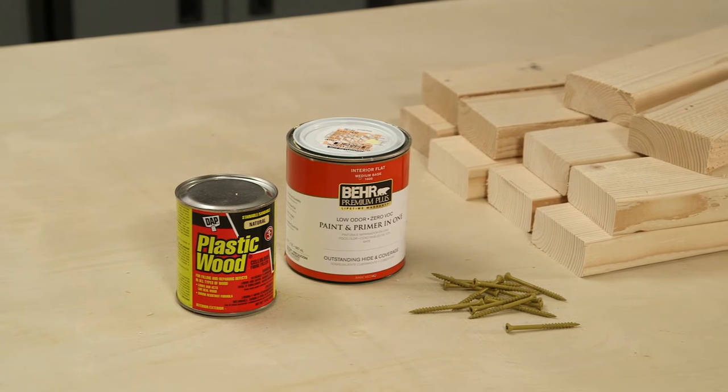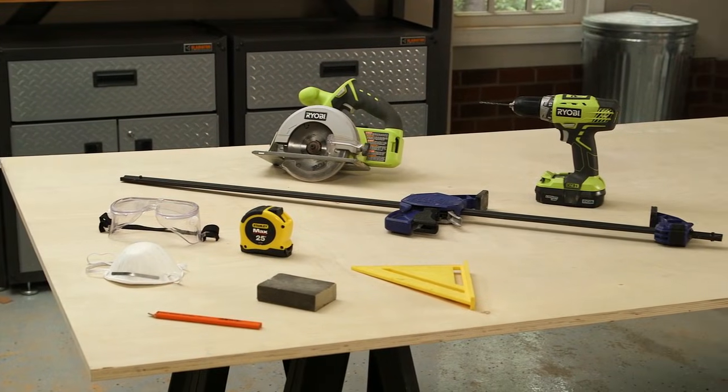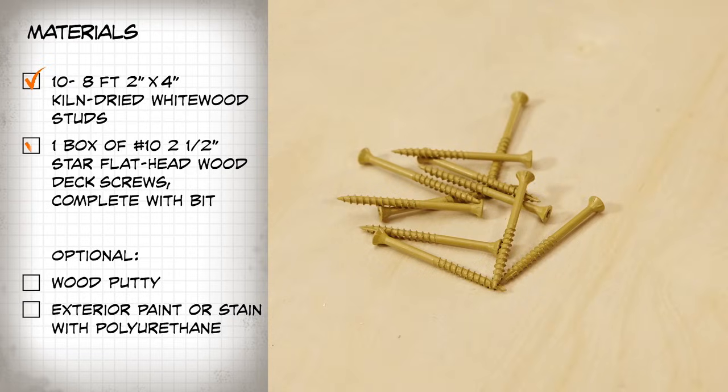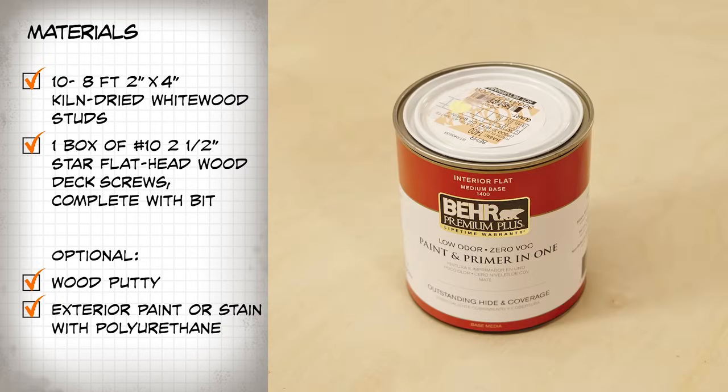Here are the tools and materials you're going to need, all available, of course, at your nearest Home Depot. For materials, you'll need 10 8-foot 2x4 kiln-dried whitewood studs, 1 box of number 10 2.5-inch star flathead wood deck screws, complete with bit. For optional materials, you'll need wood putty, exterior paint or stain with polyurethane, and accessories for